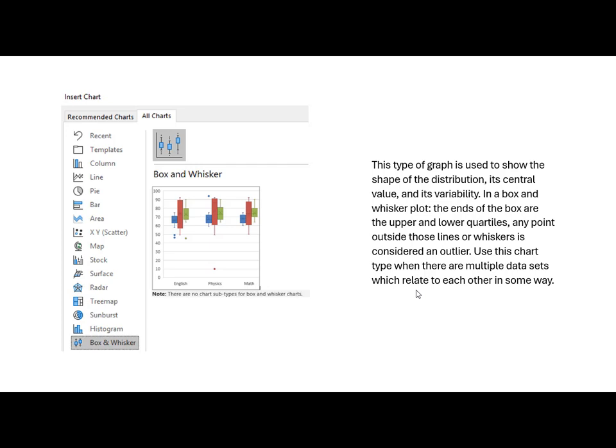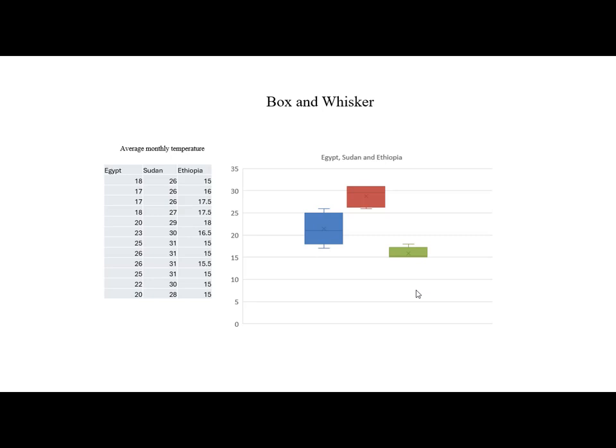We use this chart type when there are multiple data sets which relate to each other in some way. Again, I used another example from the Nile Basin, comparing the Eastern Nile countries, Egypt, Sudan, and Ethiopia, in terms of average monthly temperature. And we can see here that Ethiopia has the best weather because the fluctuation of temperature is very small, between 15 and 17 and a half, followed by Sudan, and Egypt is the one that has a lot of hot temperatures, like it goes up